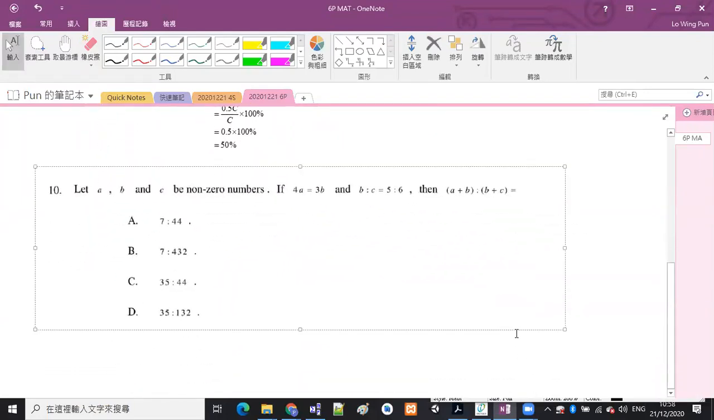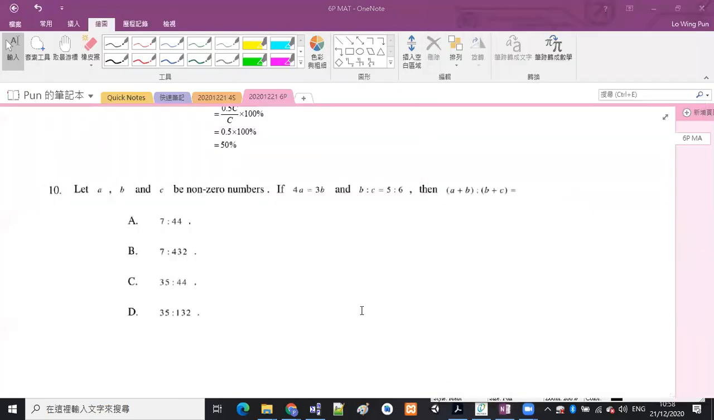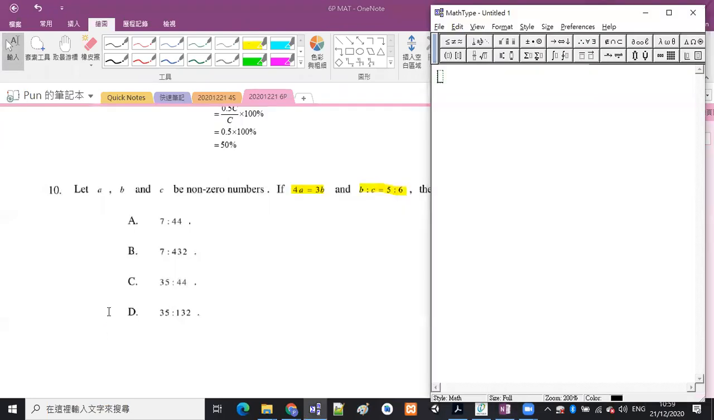So let A, B, and C be non-zero numbers. If 4A is equal to 3B, and B to C is equal to 5 to 6, the question asks you to find the ratio of A plus B to B plus C. 嗱呢題少少麻煩嘅。你見到第一條式係4A 等於3B，淨係關 A 同 B 事嘅。第二條式 B 比 C 等於5比6，淨係關 B 同 C 事嘅。但係我哋而家要求嘅係 A、B、C 夾埋，即係要撈埋一齊嘅。